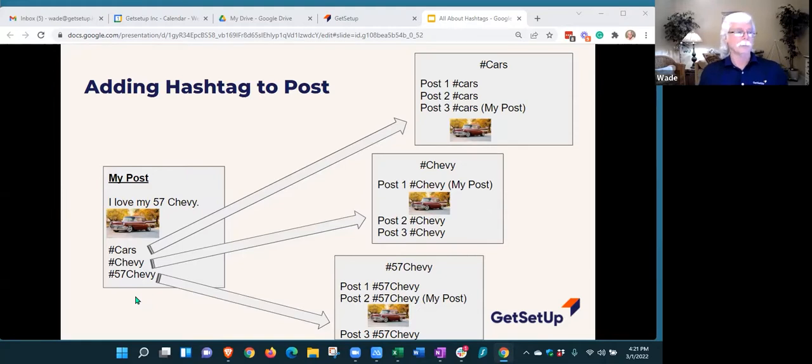You can create a brand hashtag, and that's typically the name of your business, which means there's not going to be many, if anybody else, using it. That way, if somebody hears about your business and wants to find out more, they can just search on hashtag name of your business and see everything you've posted in any of these other places. So if I had a hashtag Wade's Cars, I would put that in there as well.